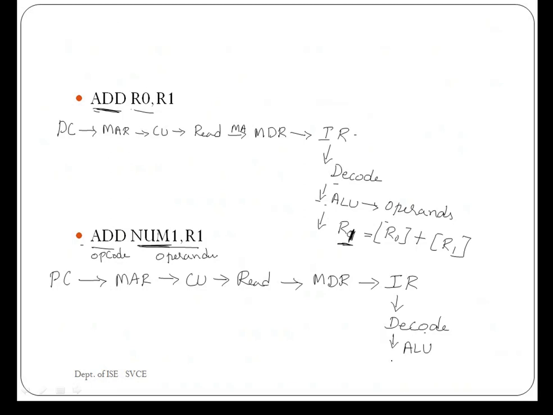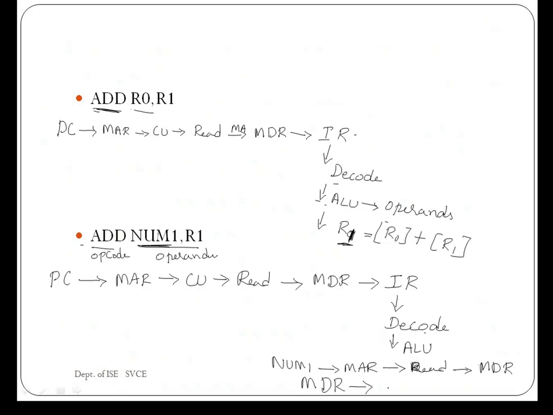Then what are the steps to read the data from memory? The address of this particular memory location is transferred to MAR, and the control unit is going to generate the read signal. Then once again, memory requires some amount of time to get that data from the memory location. After that memory access time elapses, the required data, the operand value num1, is going to be available in MDR. From MDR,